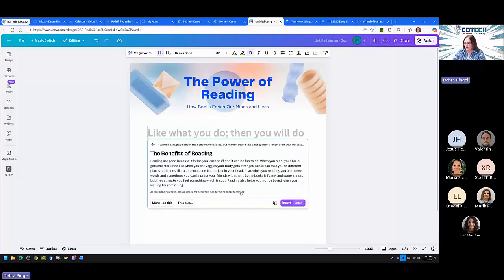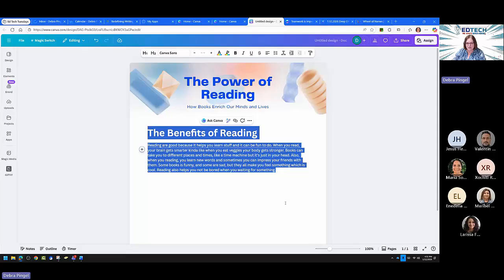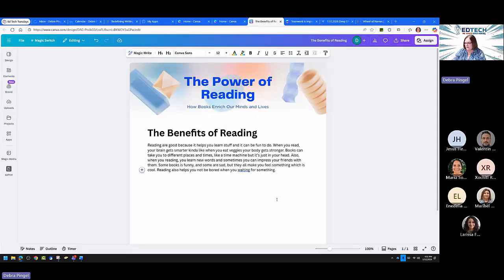You basically can put whatever grade you want, everyone, and of course we had some difficulties with it. So I'm going to insert this into our current document. We're going to take this as is for the before and after activity. And then after we're going to use Magic Design to create the visual comparison. So we're back to our Magic Write, and we had our prompt